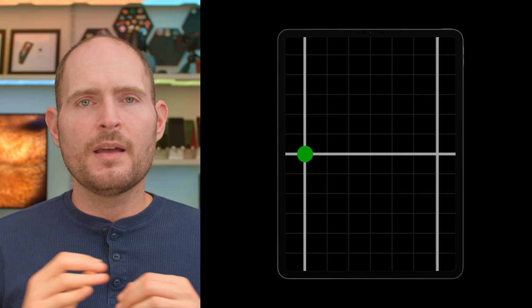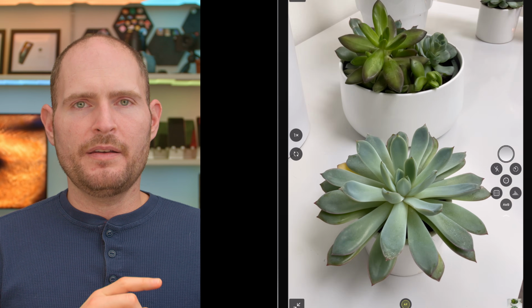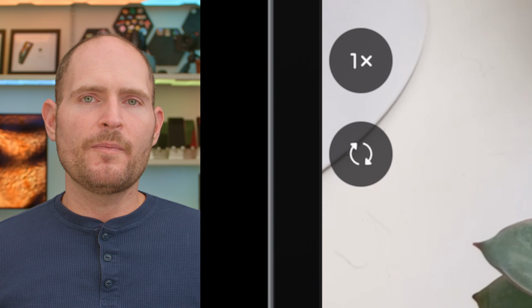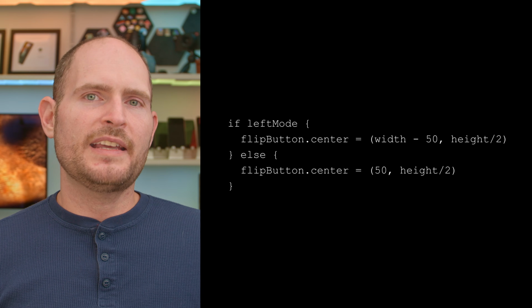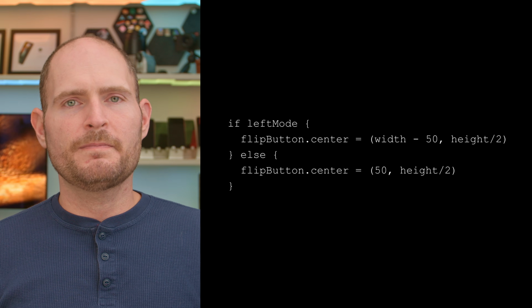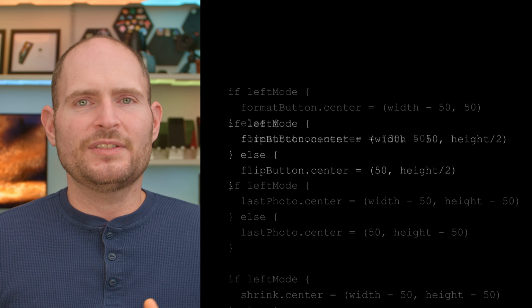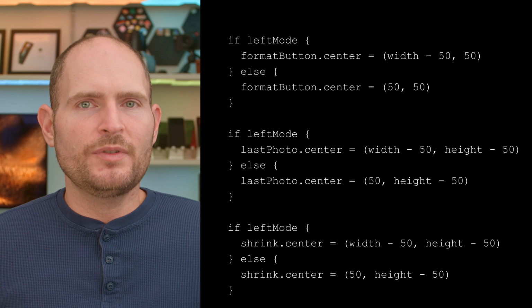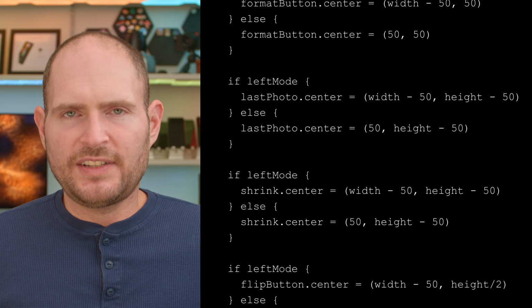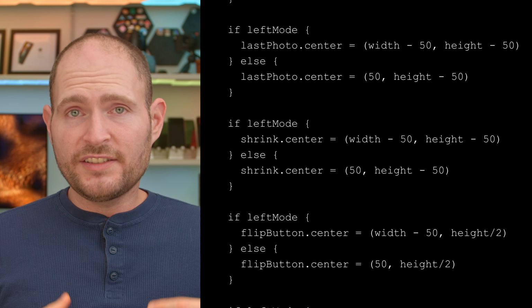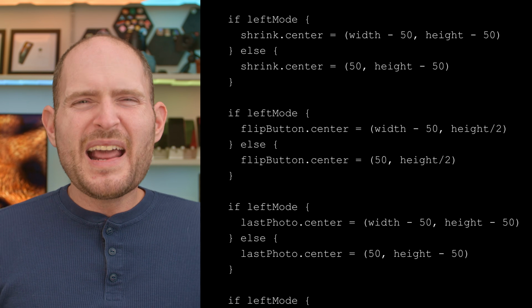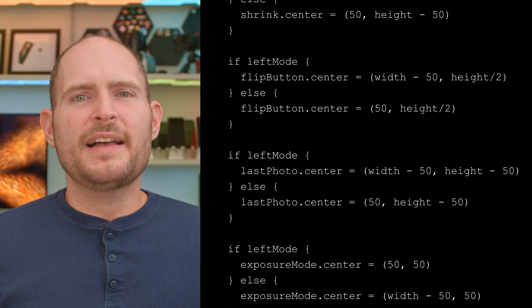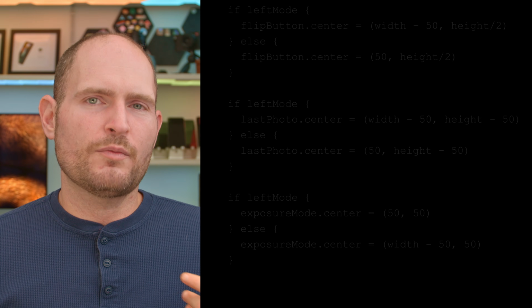Not too bad, except there's already a button on the opposite side of the screen, so we're going to have to wrap that in an if statement and do similar math to calculate its opposite position. And it actually turns out there's like a half dozen buttons that make up the screen, so we have a lot of if statements. And there are ways to pretty this up by just wrapping it in helper functions, but I don't think that that's really cleaning things up as so much as sweeping the problem underneath the rug.